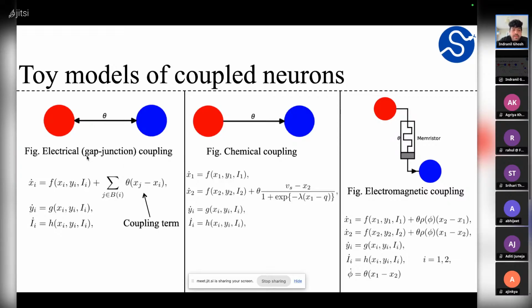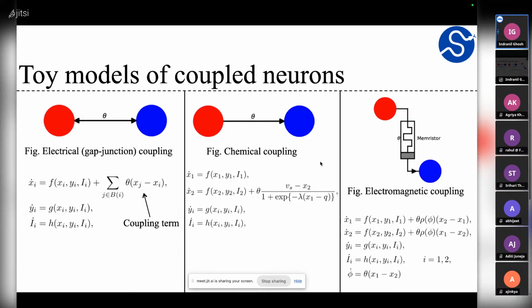This is the electrical coupling, also called gap junction coupling. So now we have two neurons, the red and the blue, connected by the coupling strength, which is theta. And that's the coupling term which captures the bidirectional coupling. When it comes to chemical coupling, it becomes a bit more complex. Not that much, but it's a bit more complex than the electrical one. I'm pretty sure everyone can tell what this function is. It's the sinusoidal function. So it captures the more non-linearity in chemical coupling,